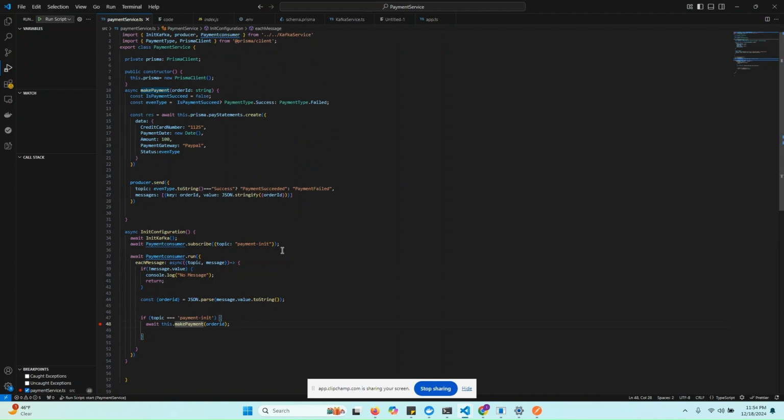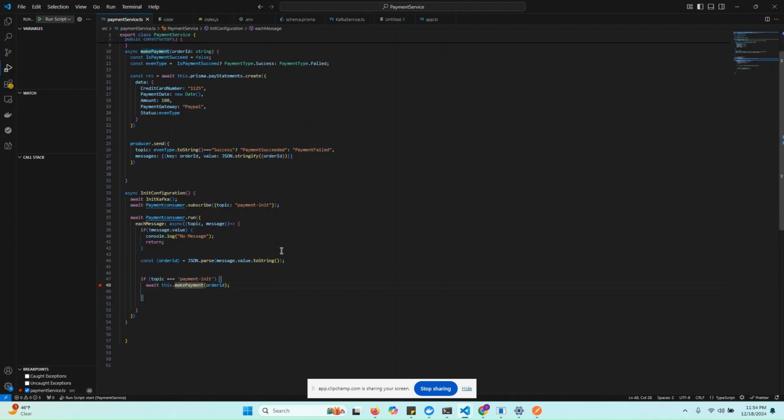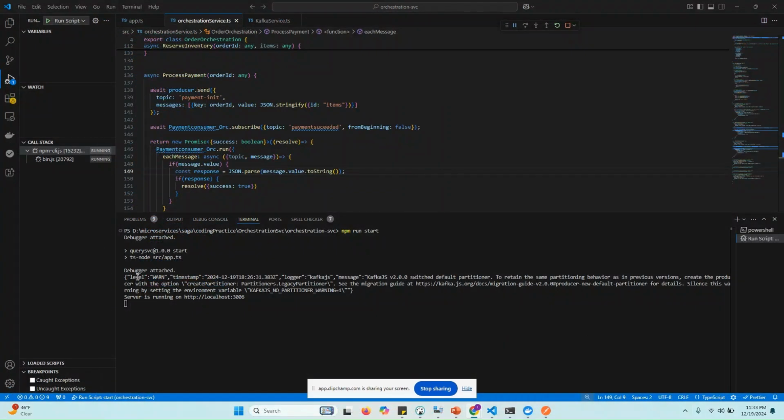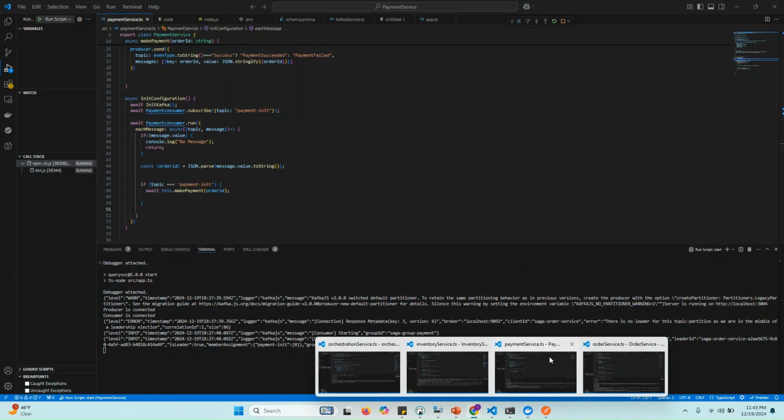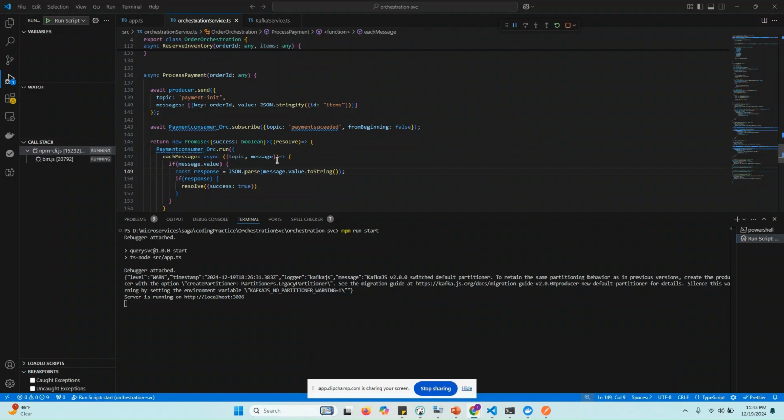So I don't need any other topics to be subscribed here. And now let's test the logic we have implemented. I started all four services here. Now you can see that all the services are in running mode, and I will put the breakpoint on relevant